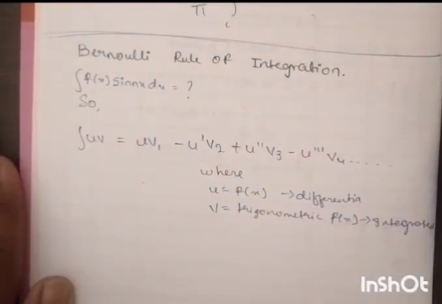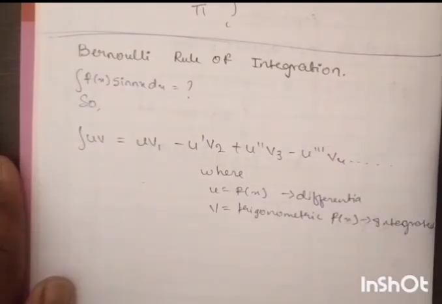Now we are going to see how to integrate f of x sin nx. We can do this by using the Bernoulli rule of integration. So what is Bernoulli rule of integration? If there is an integration of uv, then we can express that as u v1 minus u dash v2 plus u double dash v3 minus u triple dash v4, and so on. Here u and v are nothing but f of x and a trigonometric function. The term which is going to diminish is f of x, and that has to be taken as u, and the other trigonometric function will be taken as v,